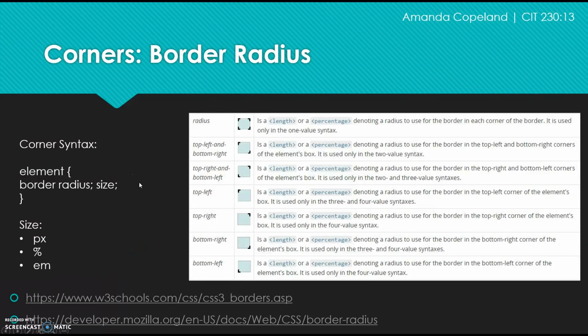We're going to start with the corners. The corner syntax in CSS is actually called border radius. So inside CSS, you'll indicate the element, put it inside brackets, and use a border radius and indicate the size. The size can be indicated with pixel, percentage, or EM. We can see on the chart here that you can isolate different corners depending on how many value syntaxes you